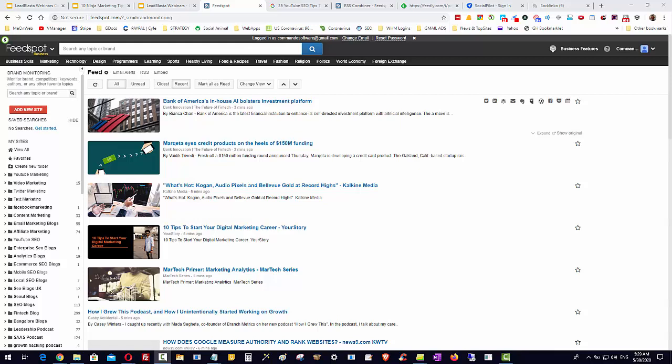But here's the thing, if we're using RSS, the content comes to us and it updates in real time as new content comes out, so we don't need to go searching for it, okay? So I'm going to show you a couple of options. The first one I'm going to show you is this one here called FeedSpot. Now the beauty of FeedSpot is that it gives you